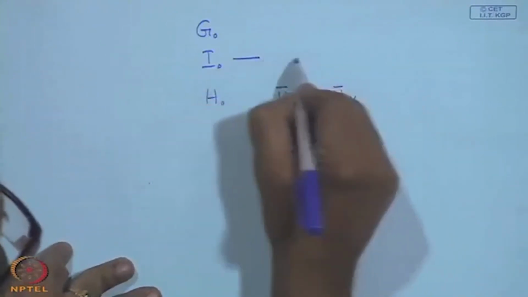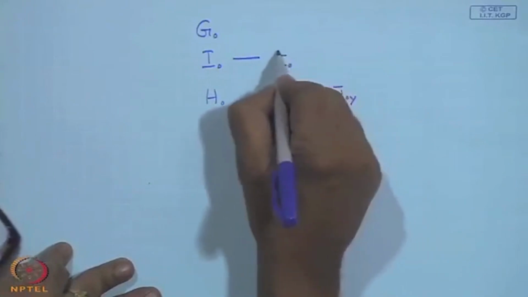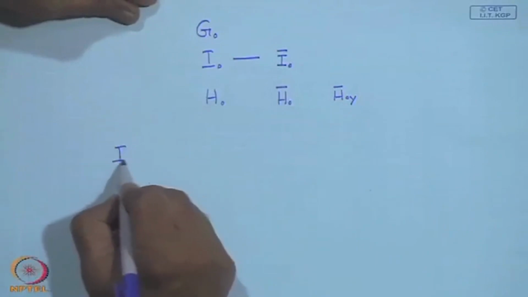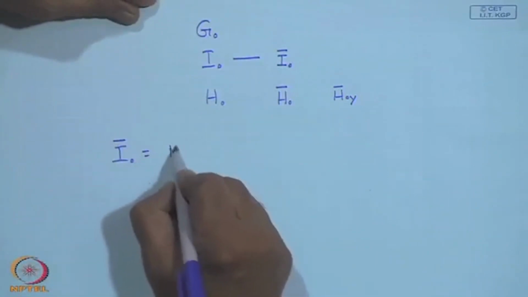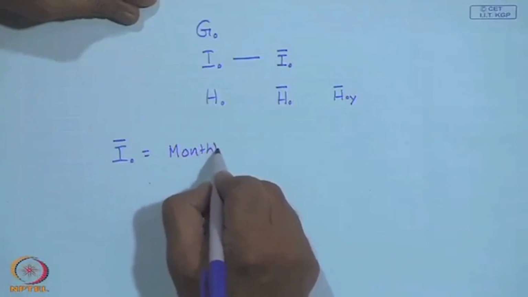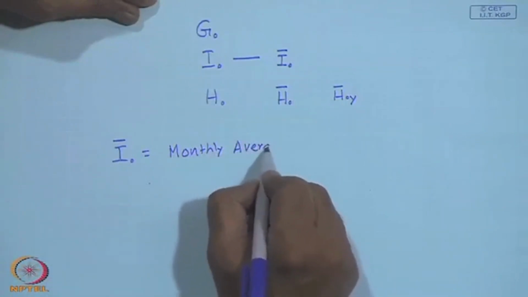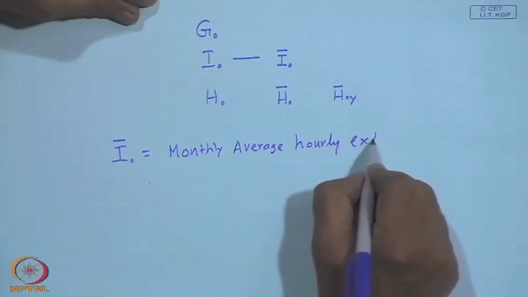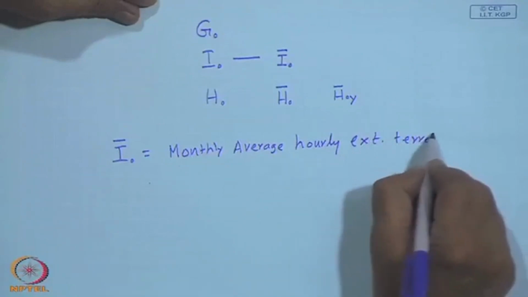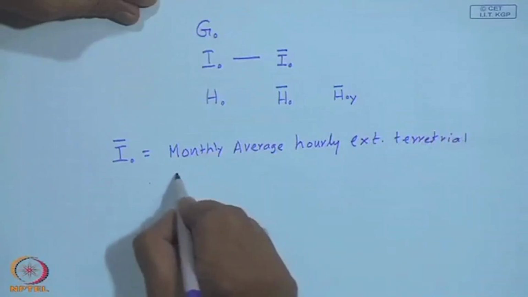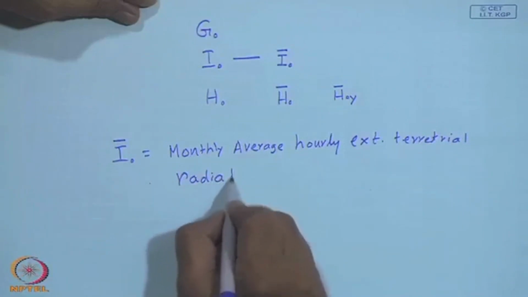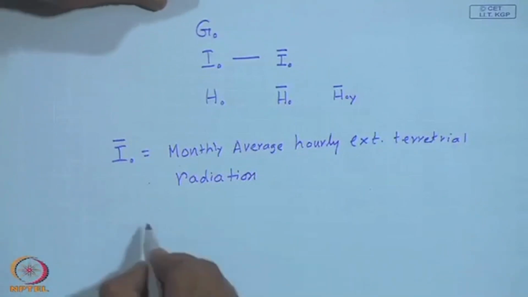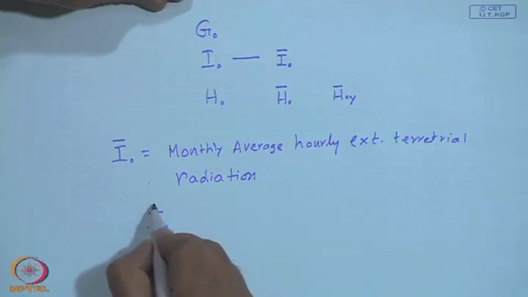One can also define I 0 bar, that is, you can call it monthly average hourly extraterrestrial radiation. So, we may define this I 0 bar as